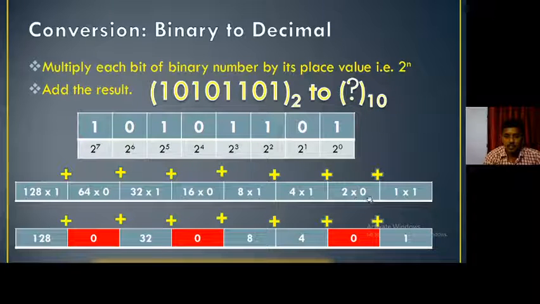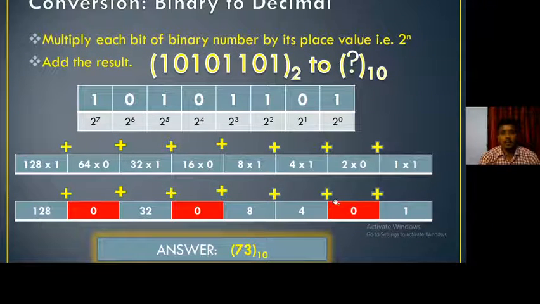You see, adding all the individual binary digits multiplied by their positional values, we get the result, the particular decimal number. The answer here is 73. See here, these are 10101101. Total how many? 8 digits, 8 binary digits, that's why we got the positional values from 0 to 7.